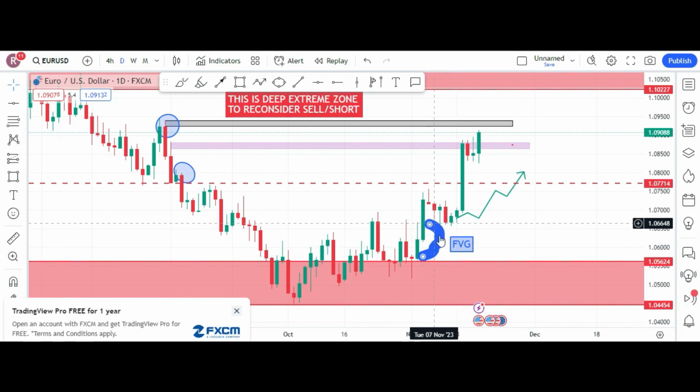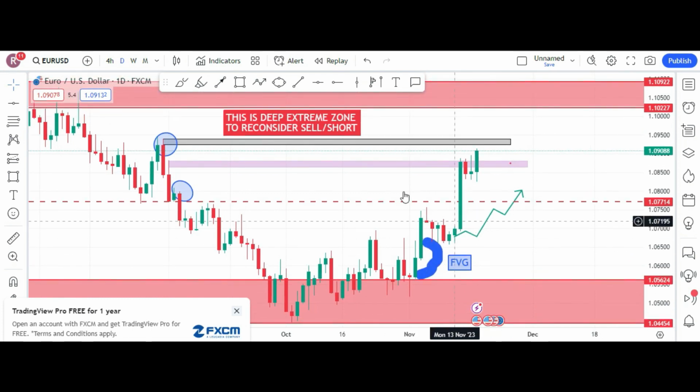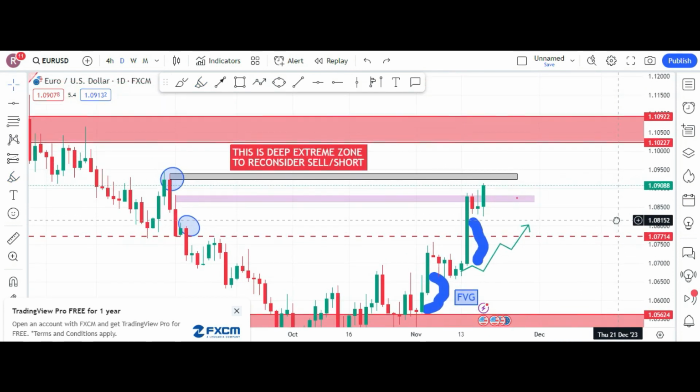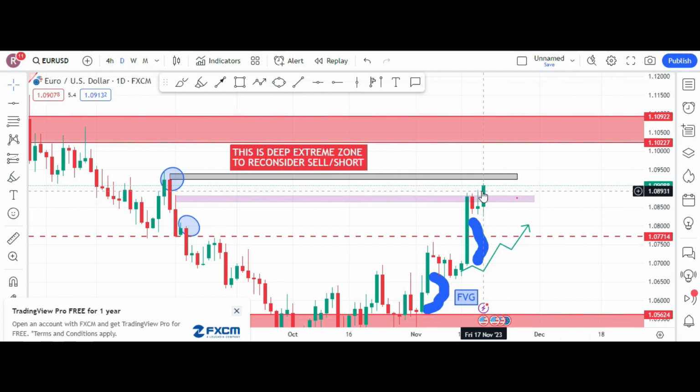This fair value gap is still unaddressed, and also we do have a fair value gap here. It is unaddressed now, this portion. So it can work as a magnet to bring the price down here, just for your information. Now considering this bullish candle, we can see that it will start reaching this zone very soon, maybe next